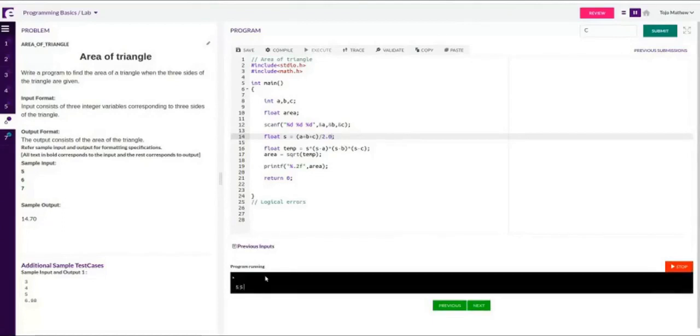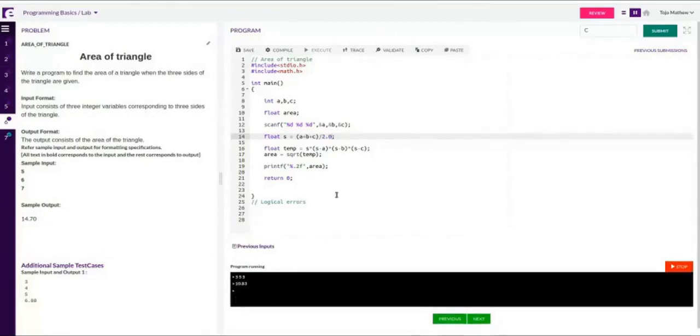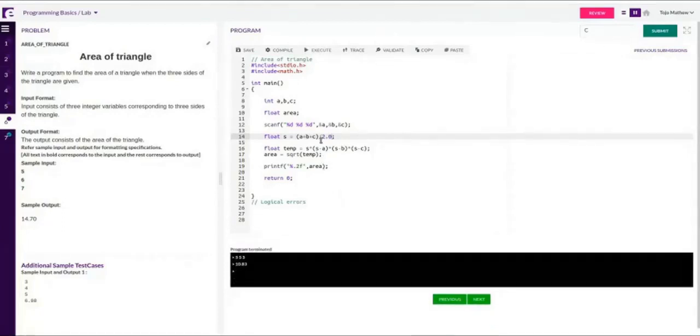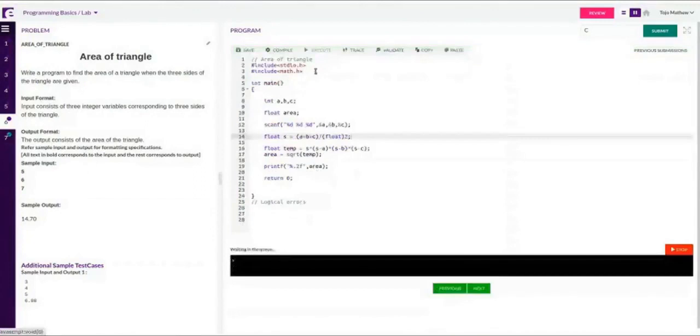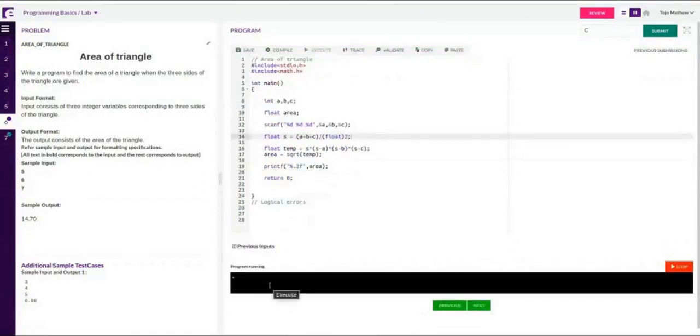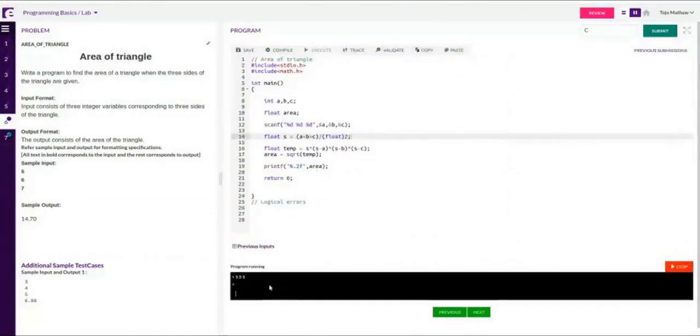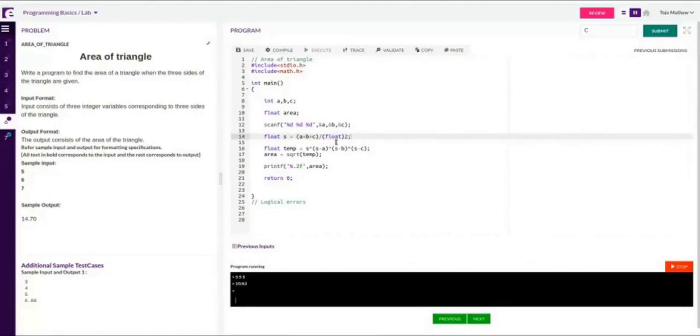Can we write that bracket float after the a, b, c by 2 also? No. You mean to say float like this? I don't think you can use it that way. Or you can make 2 a float, so you typecast 2 into float. Okay, this is possible. This also should give you the correct answer. One of the operands you make a float, so that the others are forced to be automatically converted into floating point type, and you get the answer.